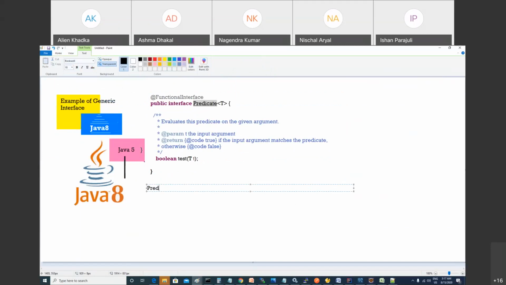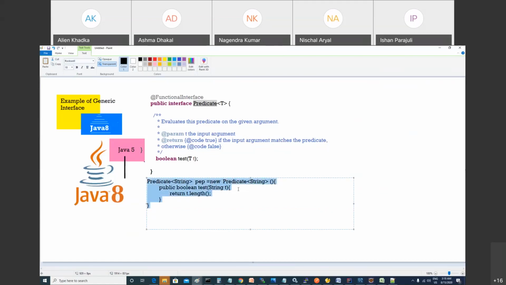So let's do that. Predicate, here it is going to take string, and new. For everything I'm writing an anonymous class first, then we can write public boolean test. And what is the input, guys? Input will be string. What you have to return here, integer value. The integer value would be t dot length. Done?